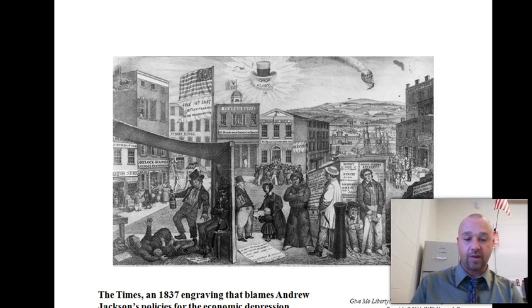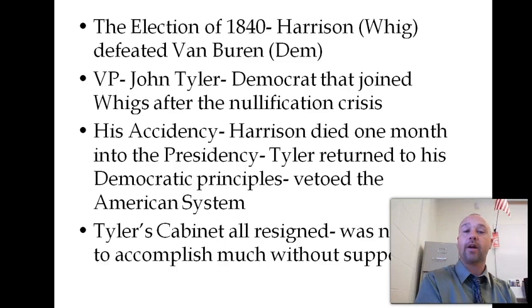This is an 1837 engraving blaming Jackson's policies for the economic depression. He did kill the bank, and bad times came right after. 1840, William Henry Harrison, the new Canada